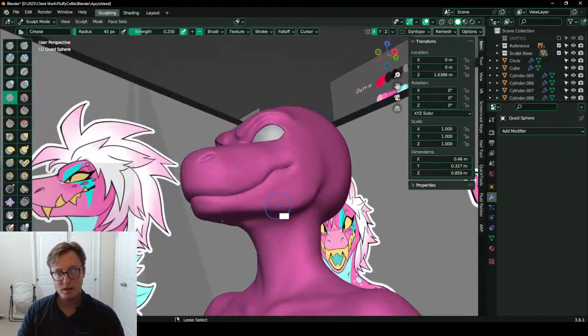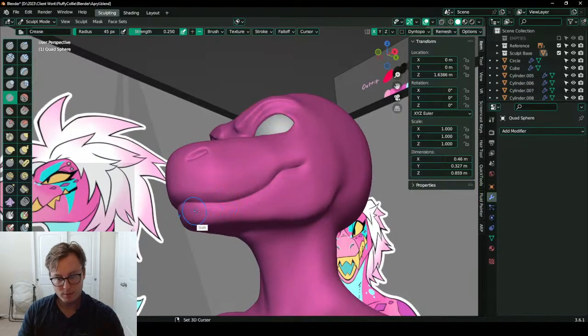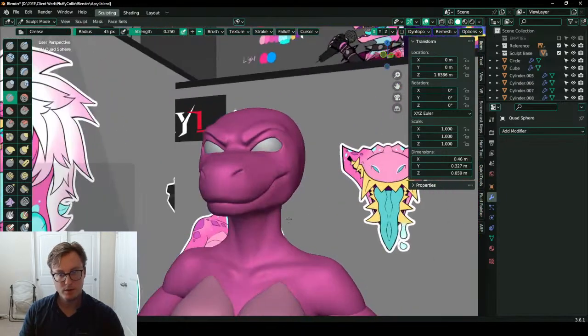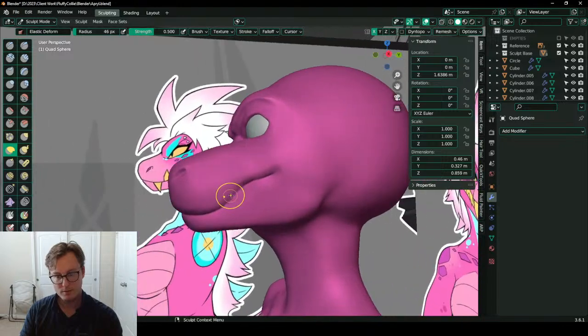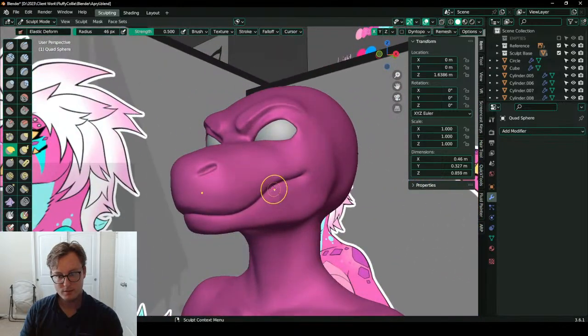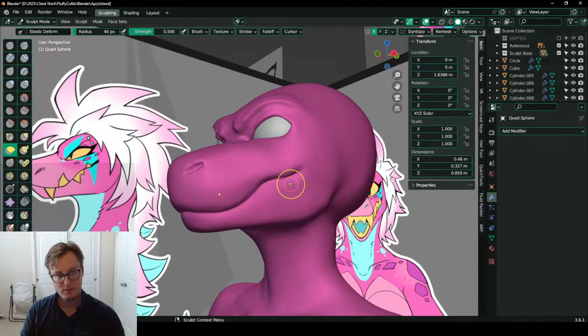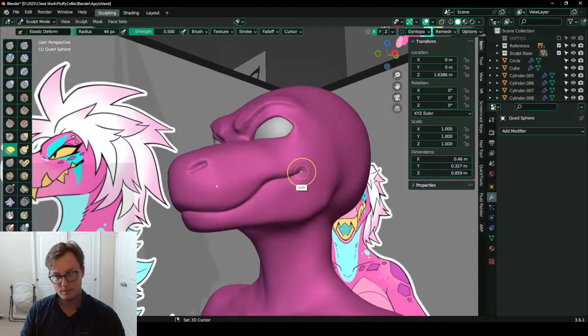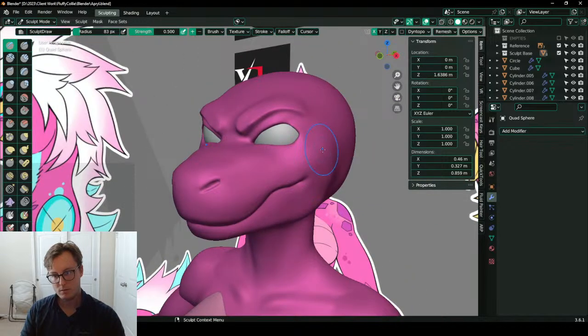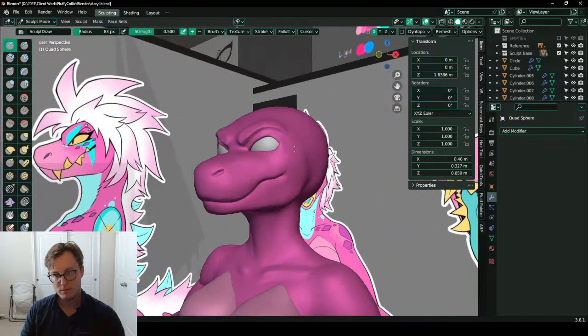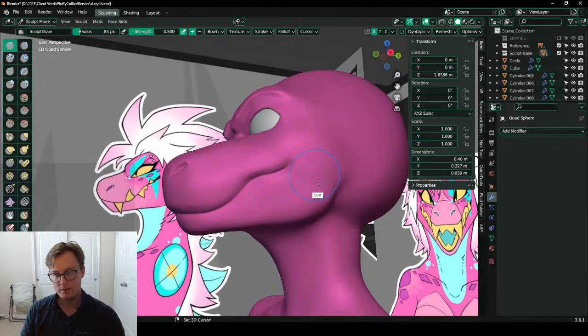All right, should I even be making one with an expression? Should it just be a purely neutral one? Or is this her neutral expression? She definitely seems a bit more mischievous.